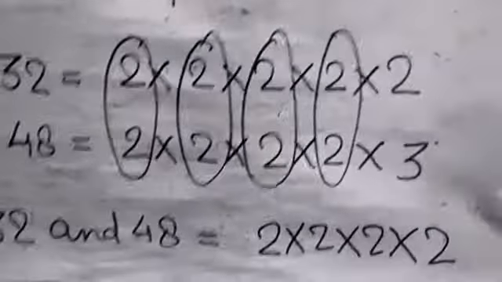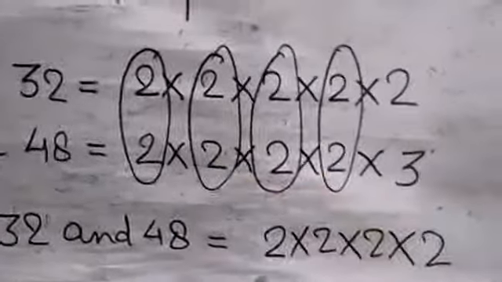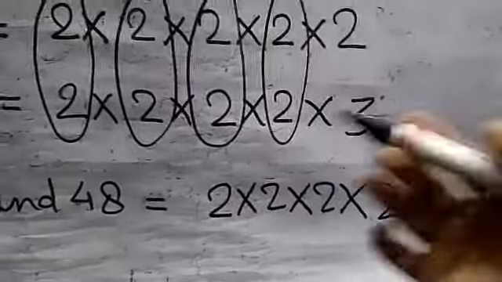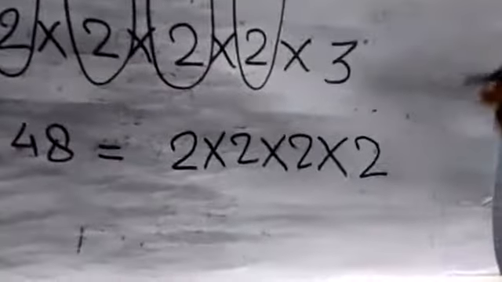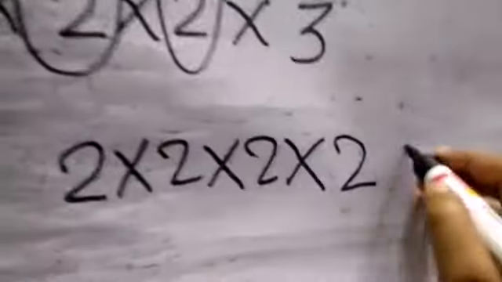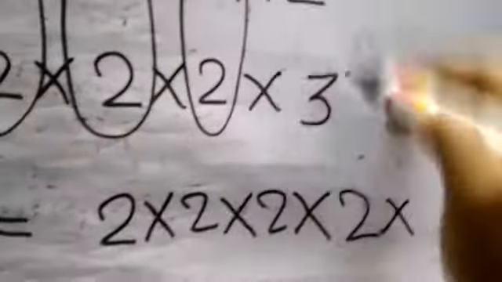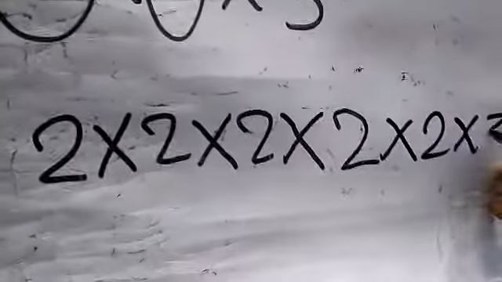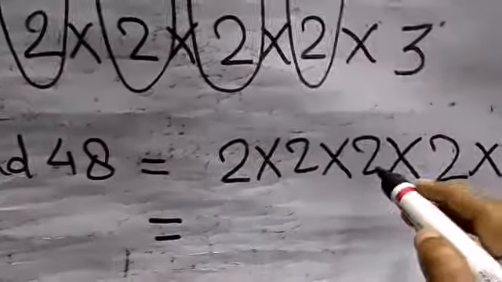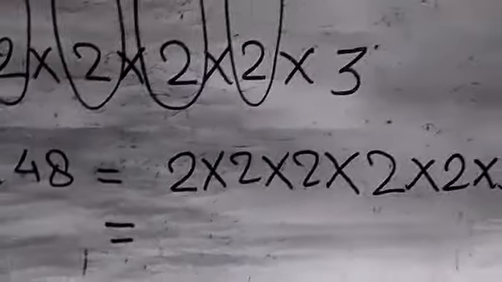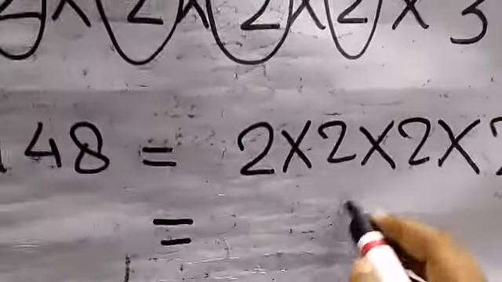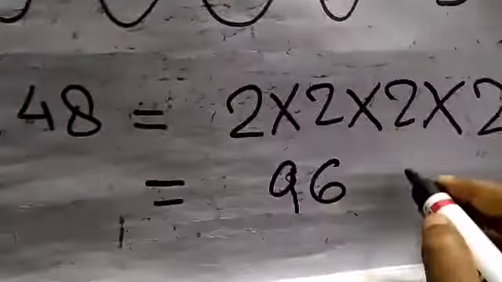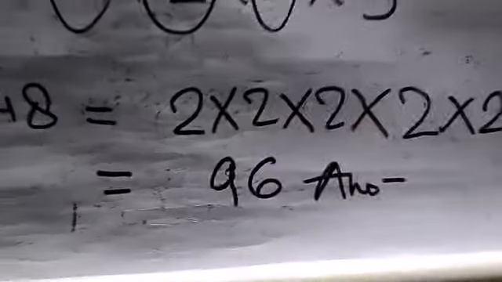And student, in LCM we write the extra factors also besides the common factors. जो हम कॉमन फैक्टर यहाँ पे राइट कर रहे हैं, कॉमन फैक्टर के अलावा जो आपका अदर फैक्टर जो आपका रेस्ट है, हम एलसीएम में उनको भी मल्टीप्लाई करते हैं। ठीक है, so we write 1 2 here left and here 3 left, 2 multiply by 3. Okay, now 2 2ja 4, 2 4ja 8, 2 8ja 16, 16 2ja 32 and 32 3ja 96. This will be your answer.